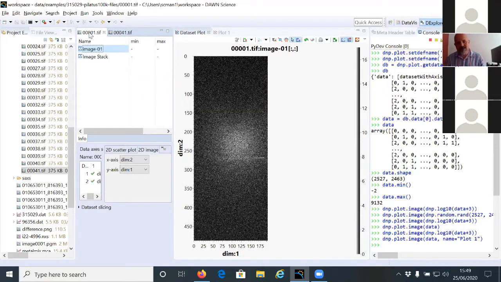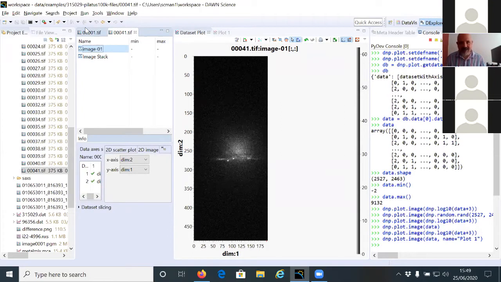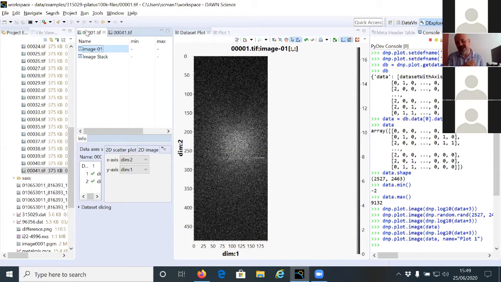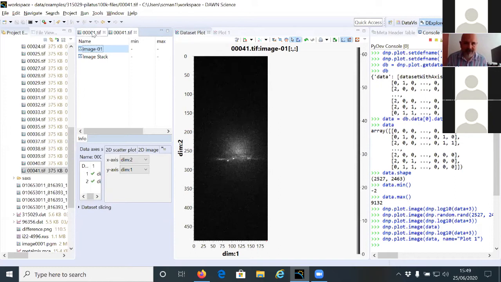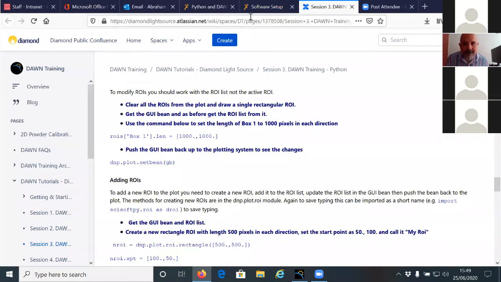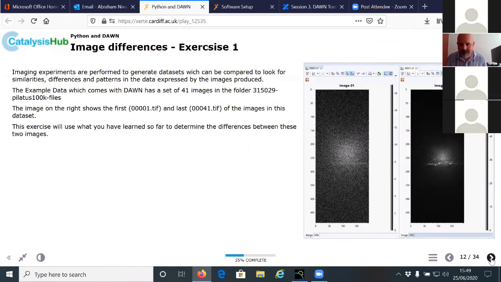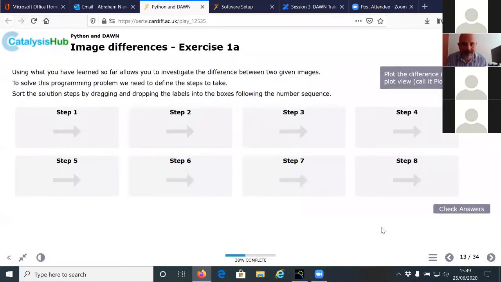I'm using these files to create an example to see what's the difference between the first image and the last image. And the easiest thing I could think of is just subtracting the two images and seeing what we get as a result. So that's what I'm going to do now. If you go back to slides 12 and 13, this is just an exercise